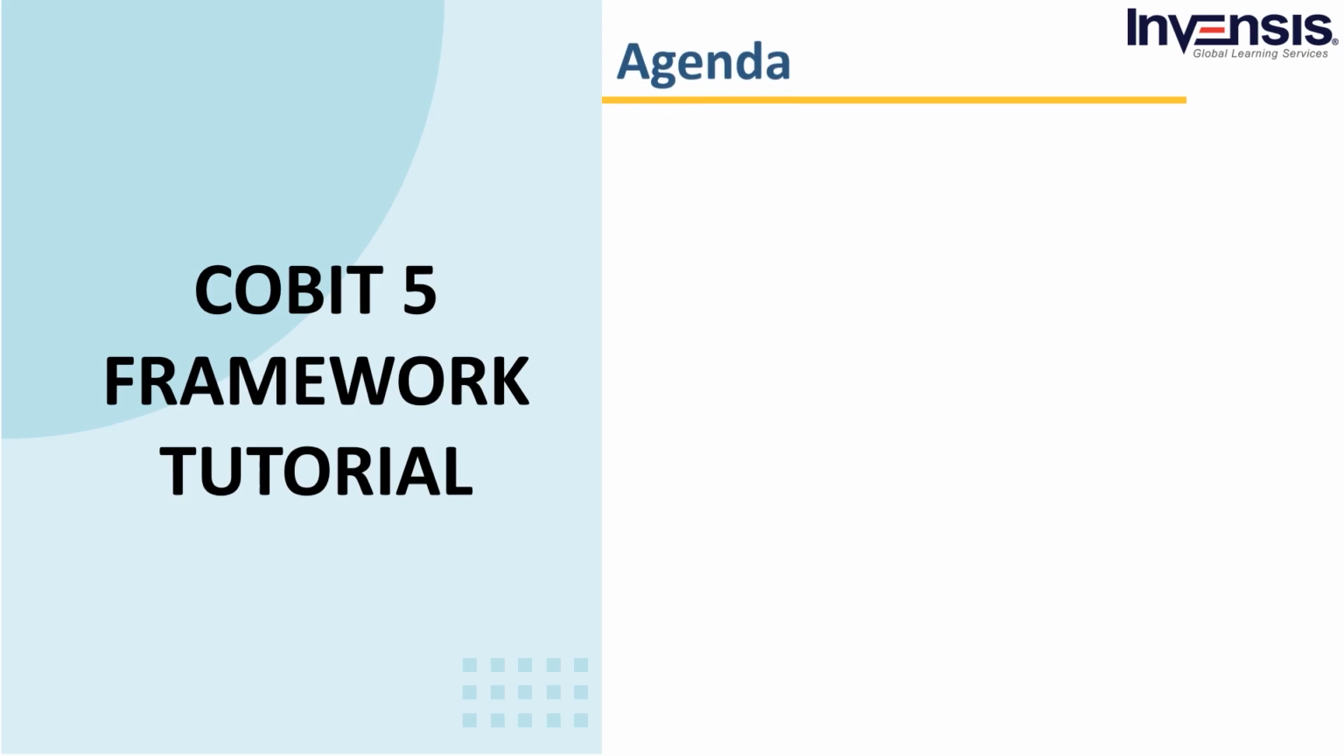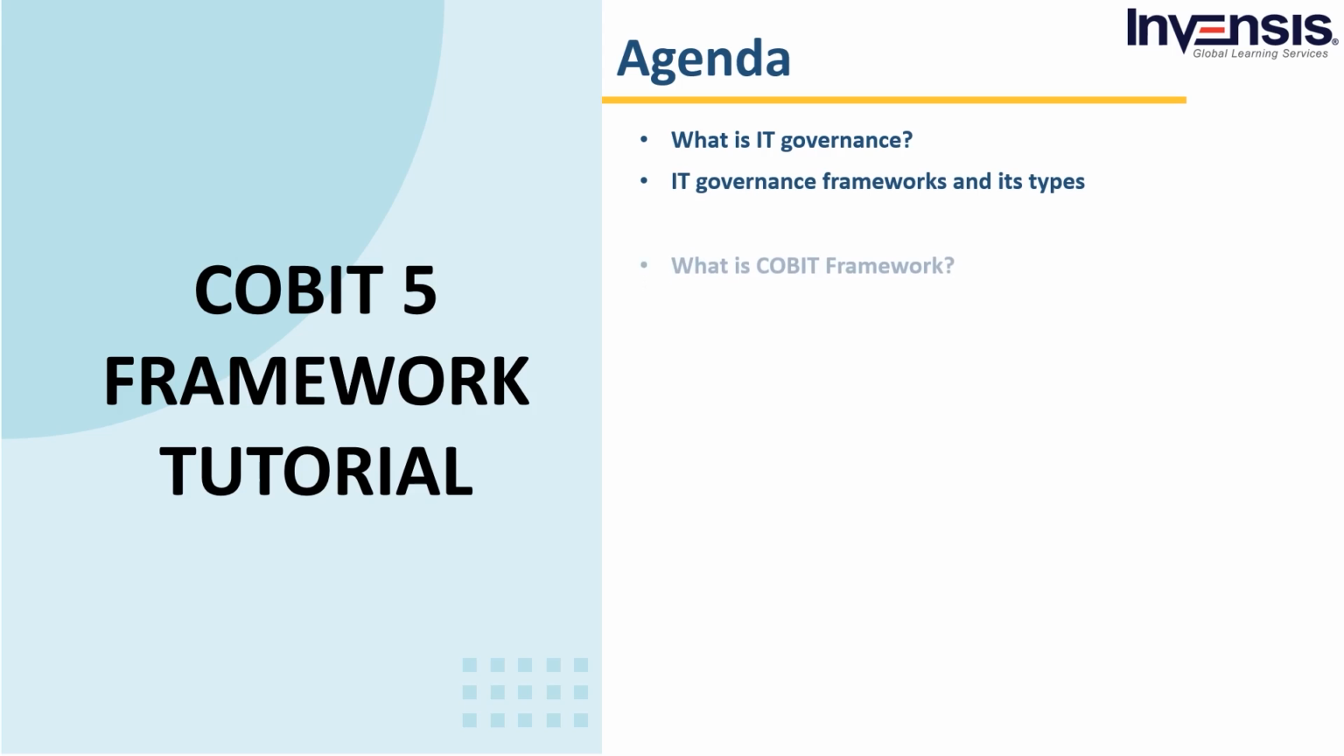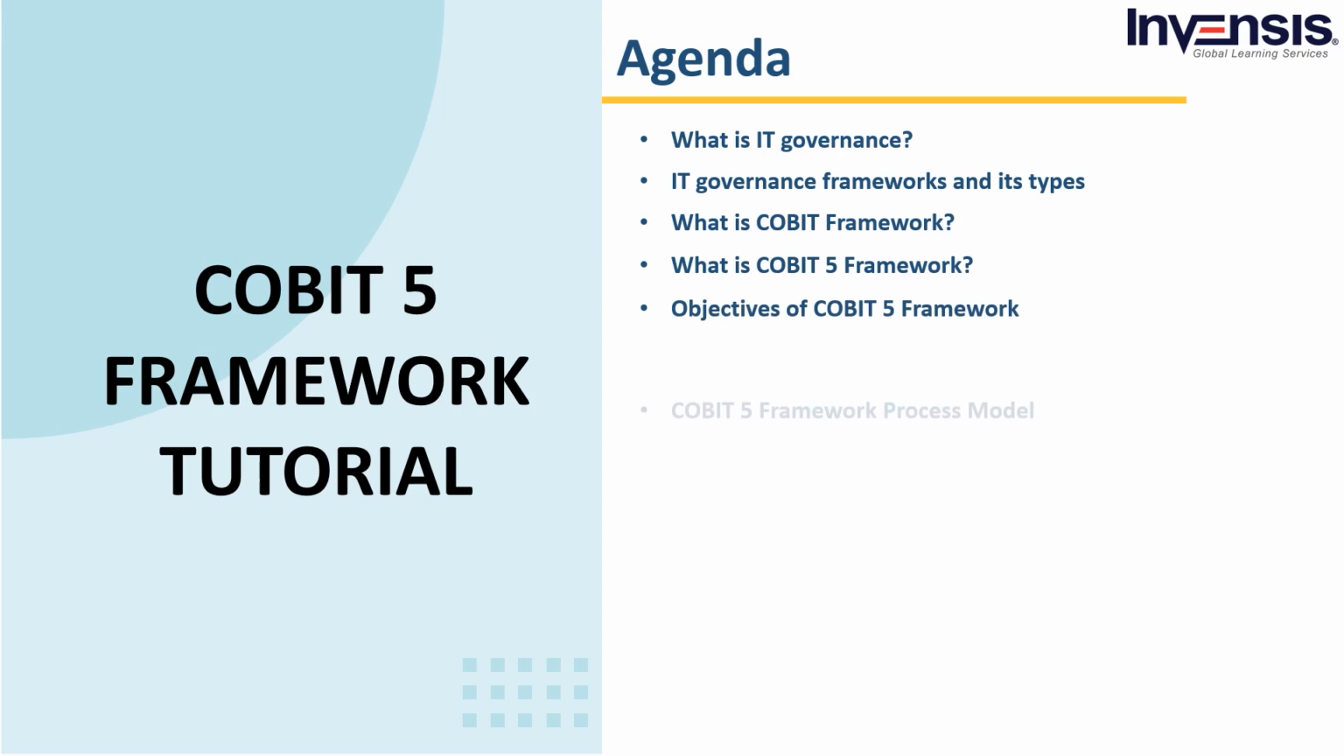We will begin this session by discussing a little about what is IT governance. Next, we will move further on what are IT governance frameworks and what are the different types of IT governance frameworks. Post that, we will take a look at what is COBIT Framework. Moving on, we will discuss the objectives of COBIT Framework, then COBIT Framework Process Model, then COBIT Goals Cascade, and